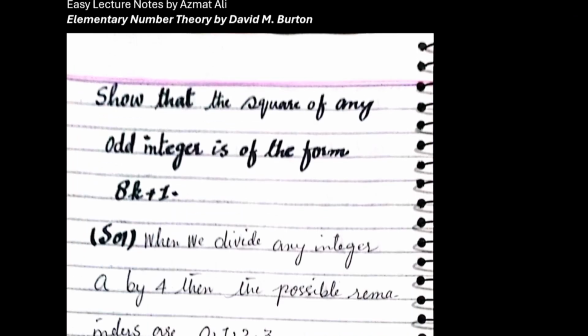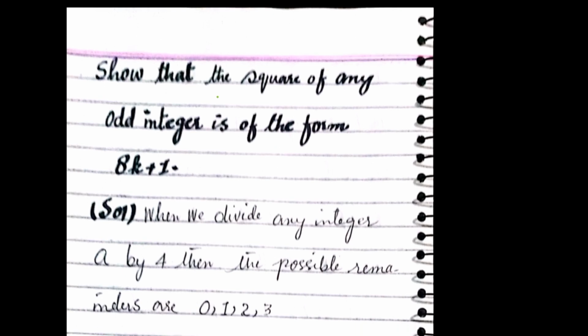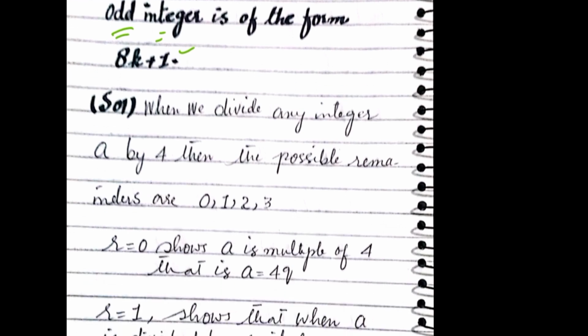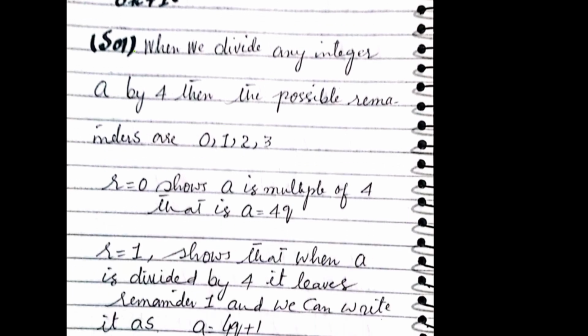which is required. Next, we show that the square of any odd integer is of the form 8q plus 1. Now, in this case, we have to calculate the square of an odd integer, while in the first example, we calculated the square of any integer. So, these are the lines before the proof